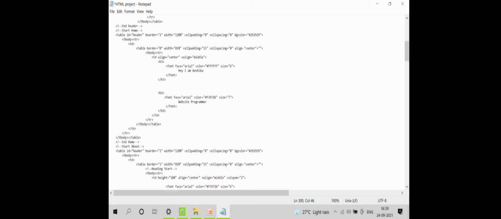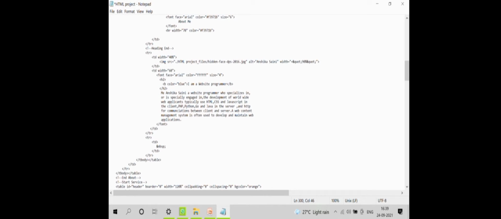Table ID header, border 1, width 120, cell padding 0 and cell spacing 0 and BG color, also here we're taking code. Now table border, width, cell padding, cell spacing and align center. Heading is start. Then here we take colspan or font face. Next, here we also end heading. Okay, here we again take a comment in that.